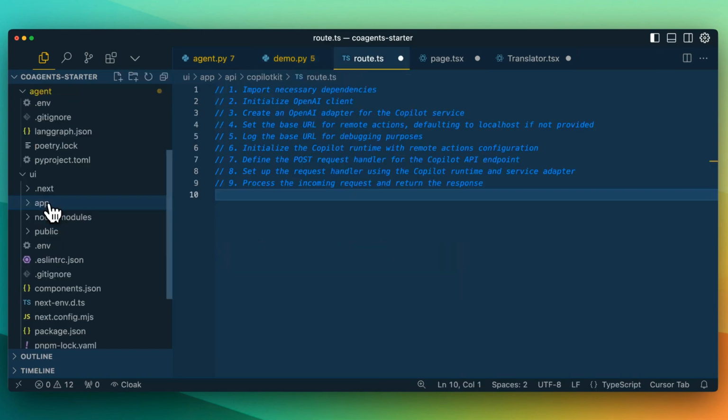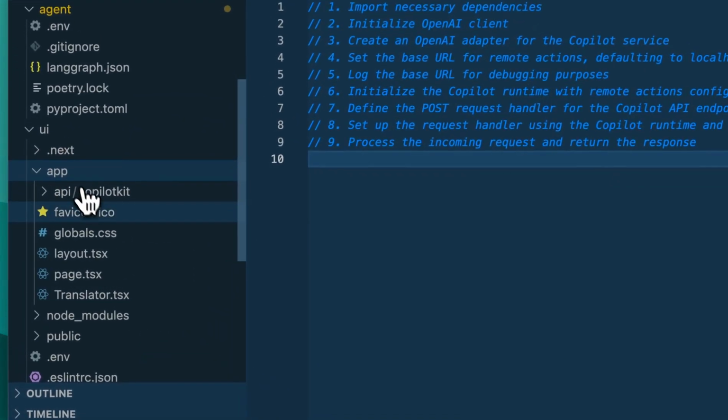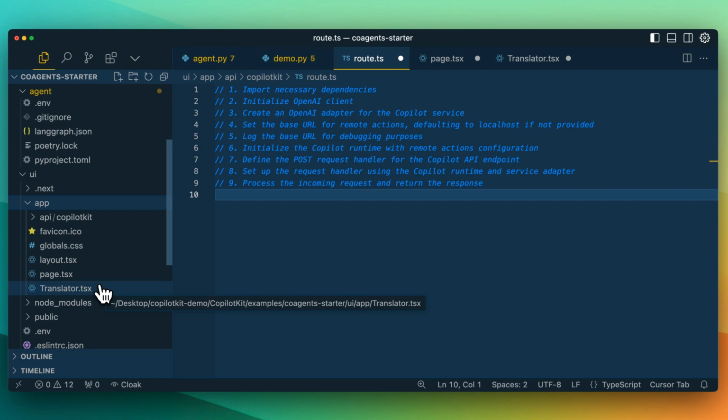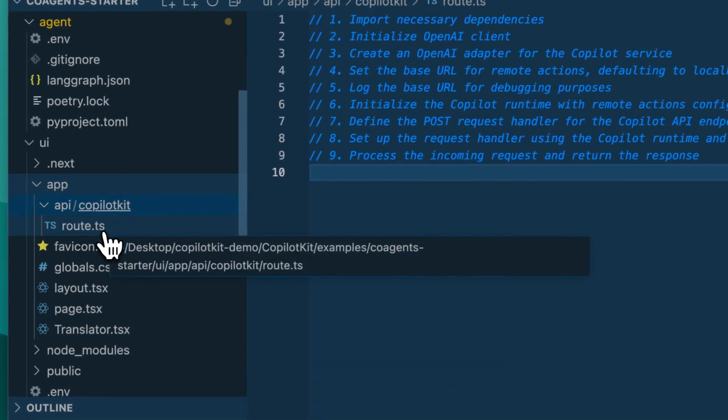Next, I'm going to walk you through the primary building blocks on how to get started with integrating this within a Next.js application. You can go within the UI folder, and within the UI folder, you can open up app. There's going to be three main files that we're going to focus on: the page.tsx, the translator.tsx component, as well as the route.ts within the